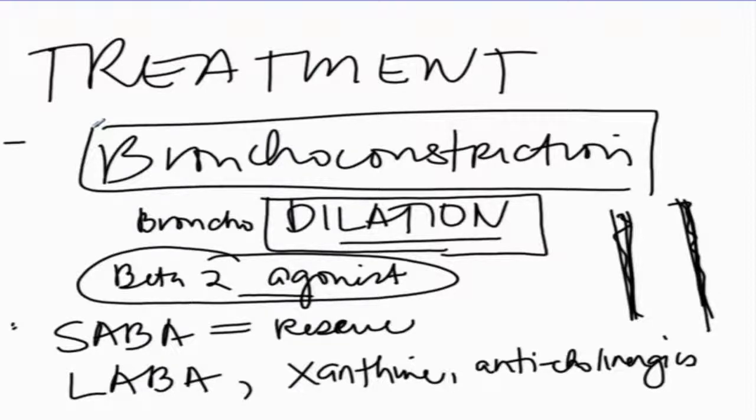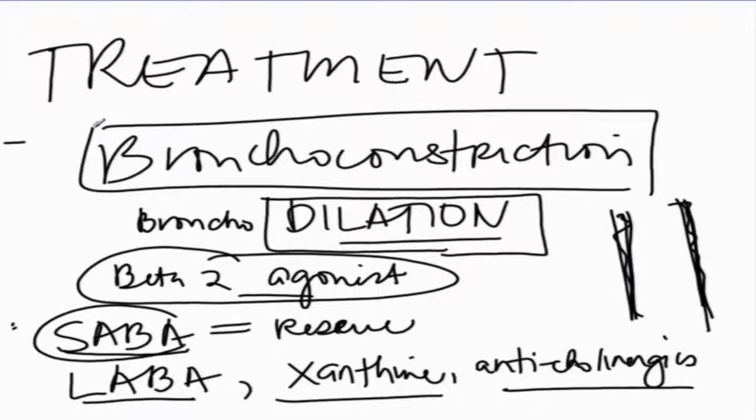Now, we have different categories of those bronchodilators. We have what we call the short-acting beta-2 agonist, long-acting beta-2 agonist. There could also be the old drugs, which is the xanthine, and we have the anticholinergic categories of medication to treat asthma. One of the most important in this bronchodilation category is the short-acting beta-2 agonist, which I could put